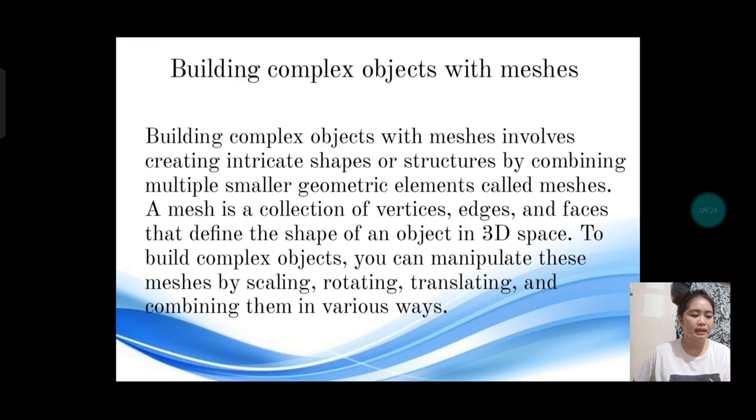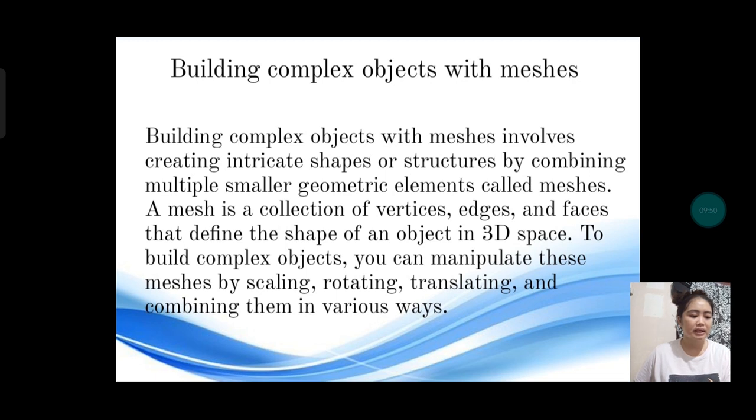Then the vehicles and machinery. Mesh modeling is used to create complex objects such as vehicles, airplanes, and machinery. Designers can assemble and modify meshes to accurately represent the intricate components of these objects, including engines, wheels, and mechanical parts.